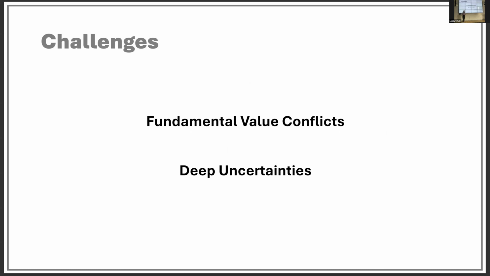And I'm going to now walk us through this framework. And as I go along, I'm going to be highlighting the measurement challenges that we see with trying to develop this market. And they kind of fall into two broad buckets. Some of them are fundamental value conflicts about the way we conceptualize biodiversity and how we define its worth. And some of them are to do with actually how we measure things. And I'm going to argue that there are really deep uncertainties in how we measure this biodiversity. That's going to mean that there is a lot of uncertainty in our confidence around what credits represent.